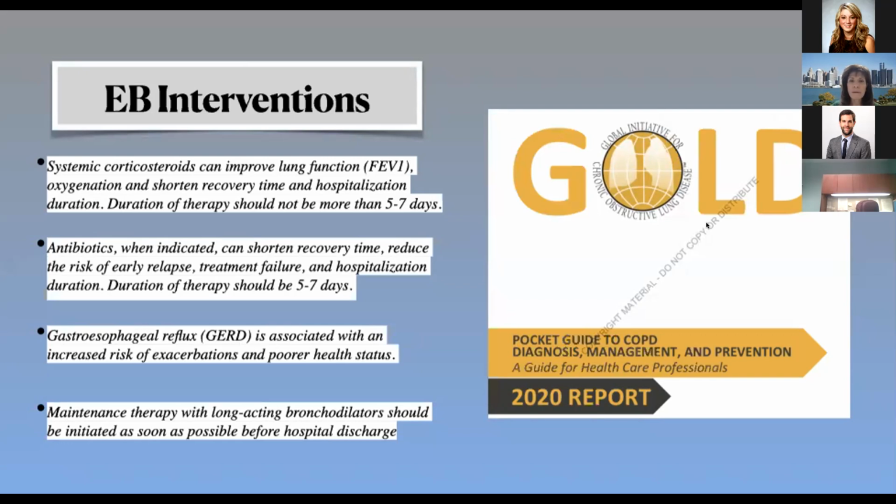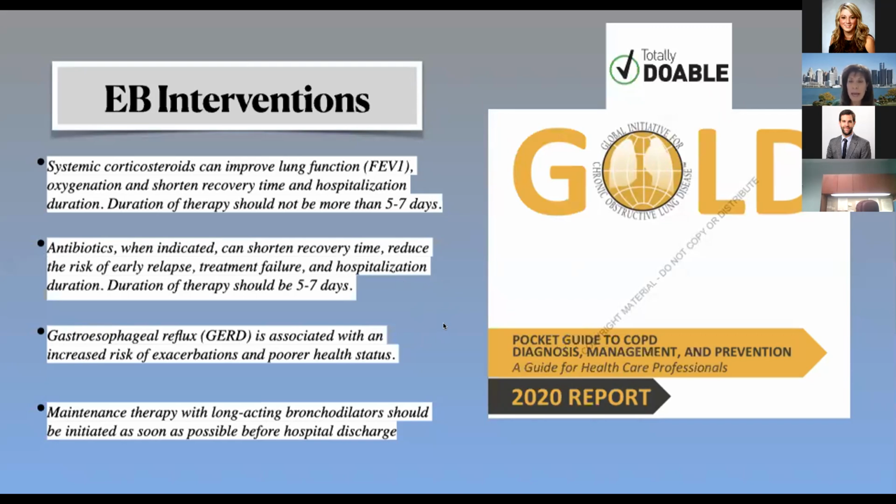When putting together your protocol and pathway, one of the very useful resources is the GOLD guidelines, which is the Global Initiative for Chronic Obstructive Lung Disease. These are just some of the recommendations from their 2020 report in terms of systemic steroids, antibiotics, the role of reflux and exacerbations, and then the importance of long-acting beta agonists. So this is definitely something totally doable